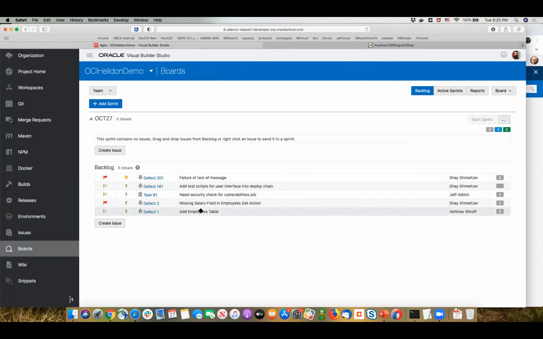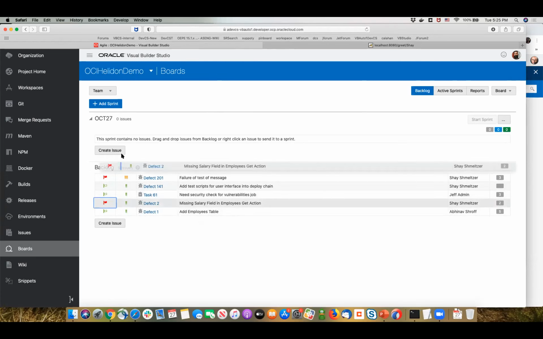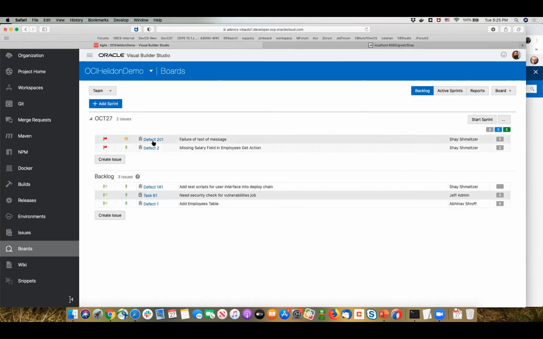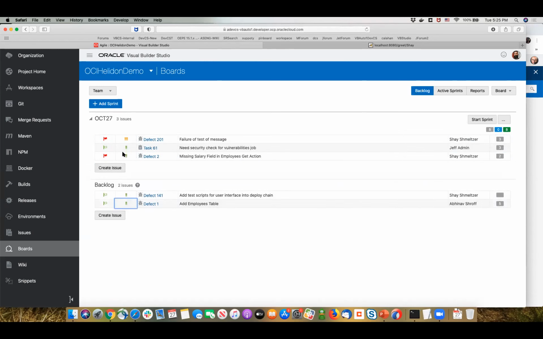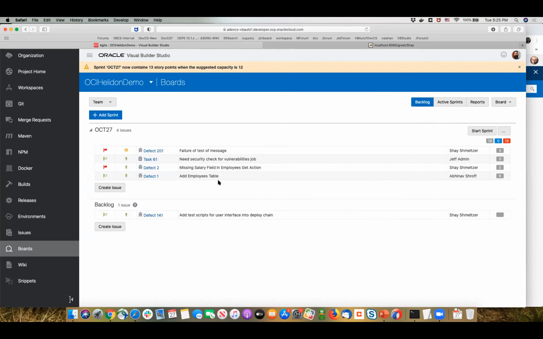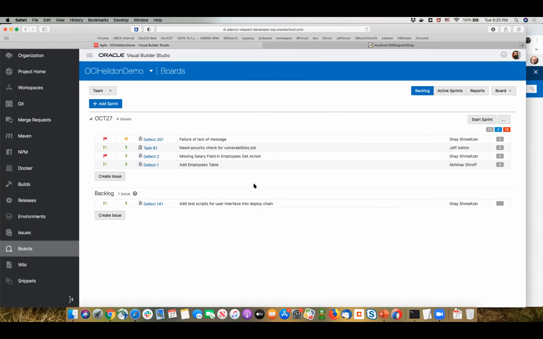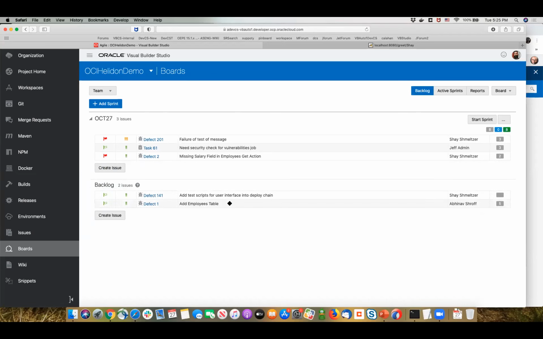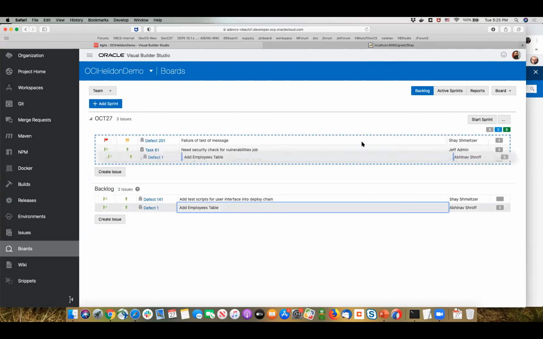And now we have our backlog, all our open issues, and I can start to move them from our backlog into the current development sprint. So I'm bringing in the high priority item, the ones with the red flag. Maybe we'll also try and handle this issue, and let's bring in also this issue. Okay. By the way, if I'm bringing in too many issues, I'll get a warning over here. Hey, you already took 13 points of complexity. You were aiming for 12, and I can decide, for example, if I'm really interested, I can still keep it in here. Okay, so this is how I define what's going to be in my development sprint.